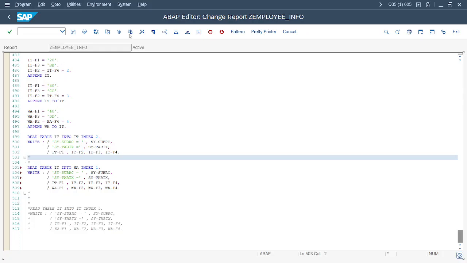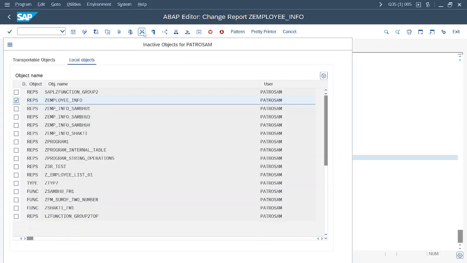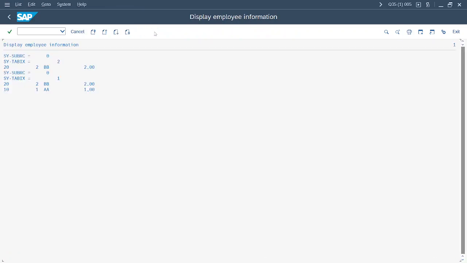Now again we will check syntax, activate, and we will execute. See, the first operation is 0. First we are printing the second record because we are printing the internal table header data. Second SY-SUBRC is 0. We have successfully fetched the work area data. SY-TABIX is index 1, the first one: 20, 10, 2, 1, BB, AA, 2.00 and 1.00. So this is our